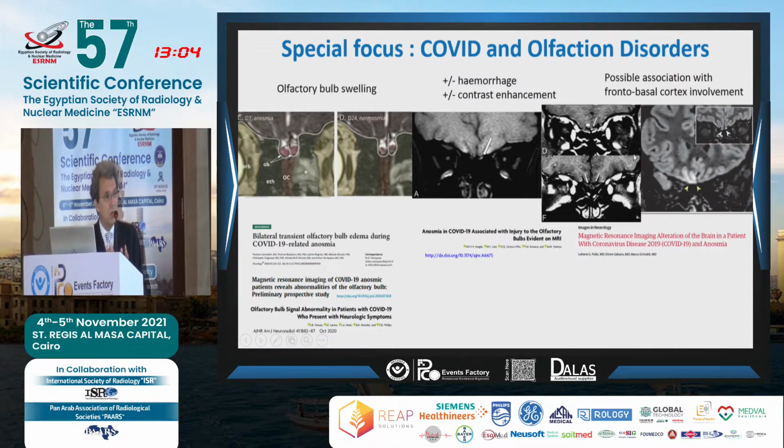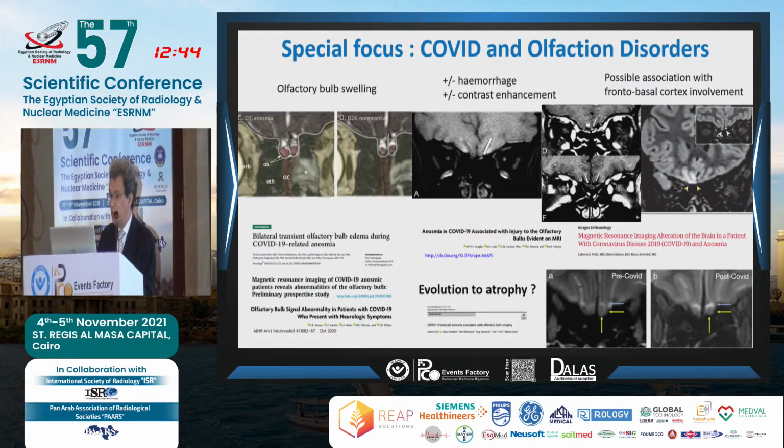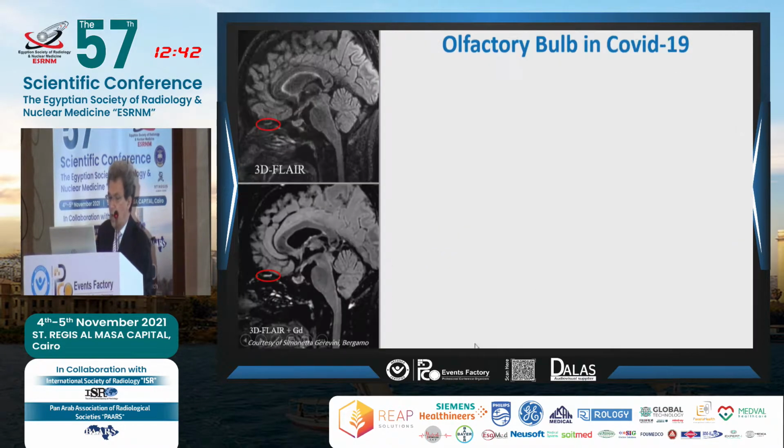But it may not only be focused on the olfactory bulb. You can also have changes in the frontoorbital region, as you see here. Now, we know that some patients recover and get back to normosmia, some don't, and some in between take a long time until they get normosmic again.